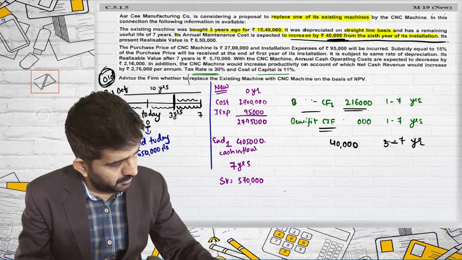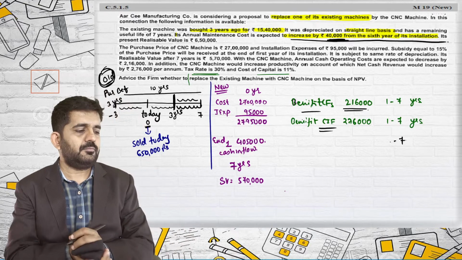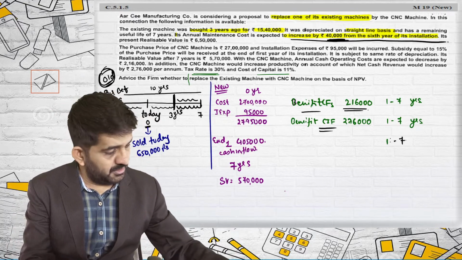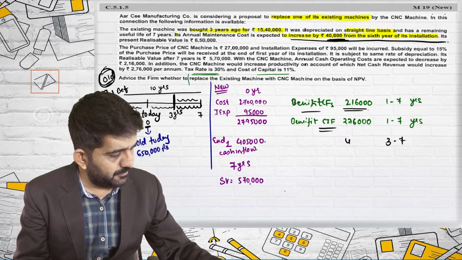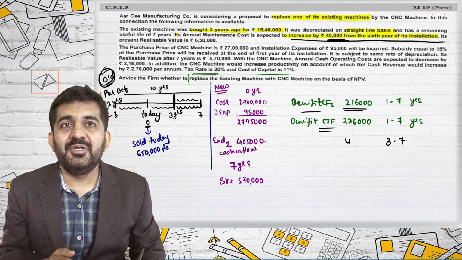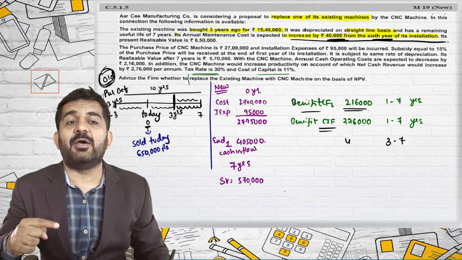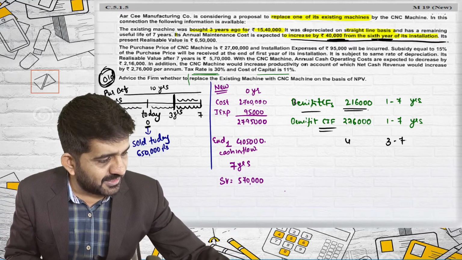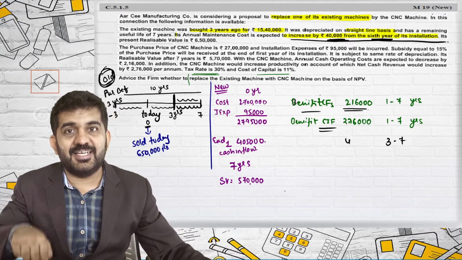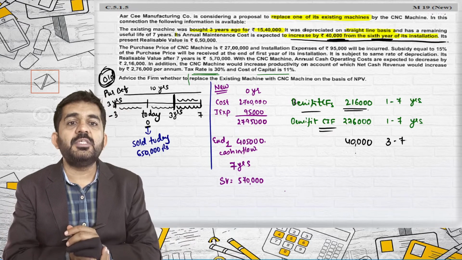This is 276 and this is the benefit. So for 3 to 7 years I will be having it. Why third? From the original date it was the 6th year, but 3 years have already passed. So now only 3 years will be pending. The 6th year from the original date is 3 years from as on today. So from 3 to 7th year you will be having a benefit of 40,000 rupees.